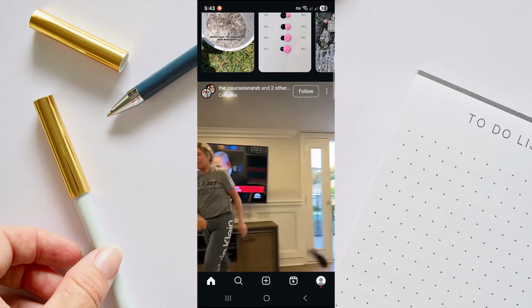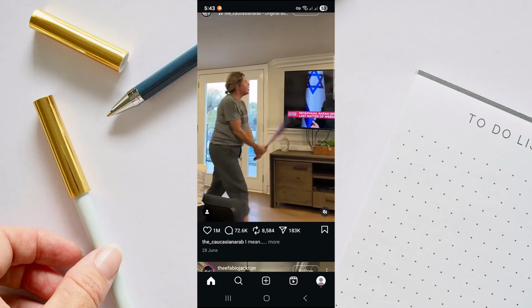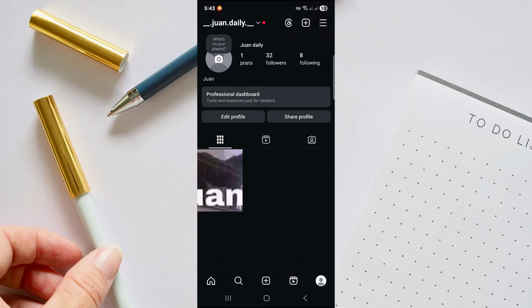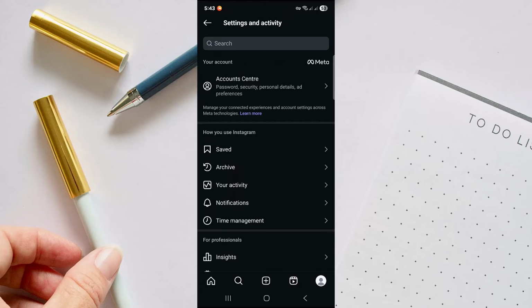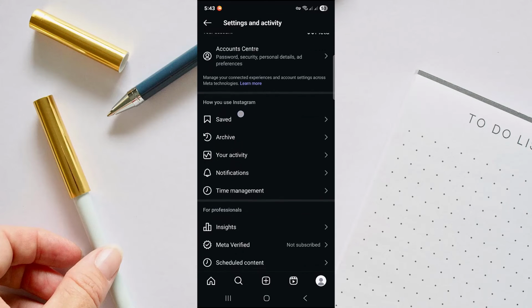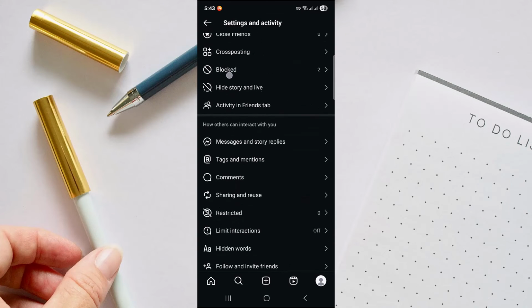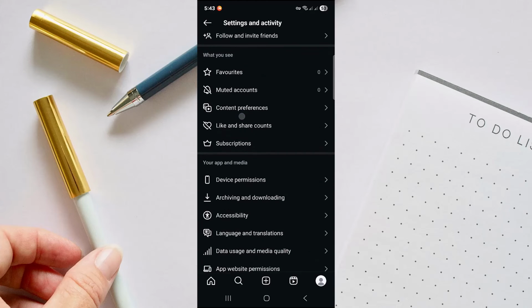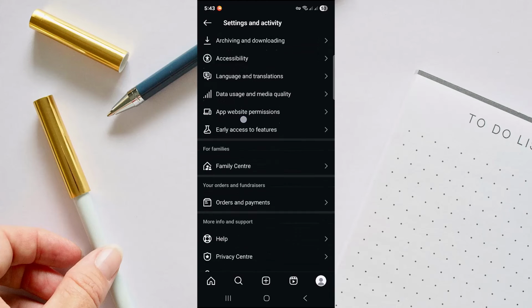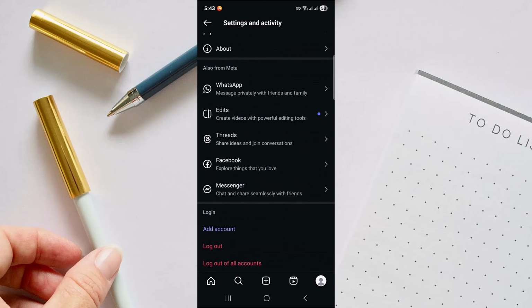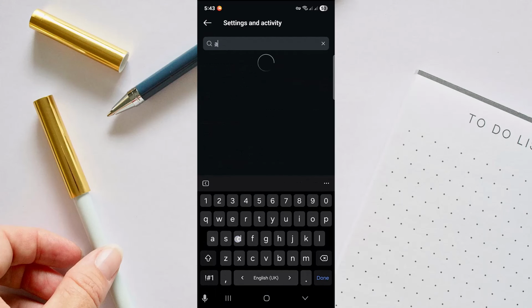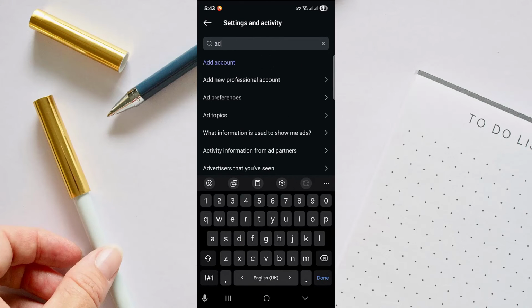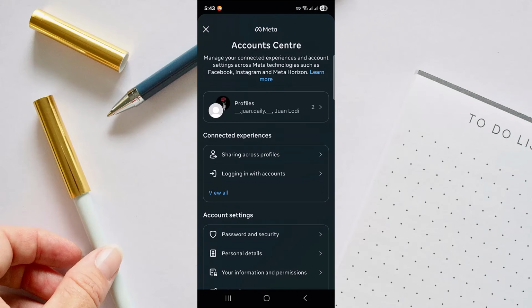And the second one you can do is keep tapped on your profile and tap on the three lines, and then go in here and search for ad preferences. So here you will find it, and if you can't find it, just search for ad preferences. So you'll find it in Meta,